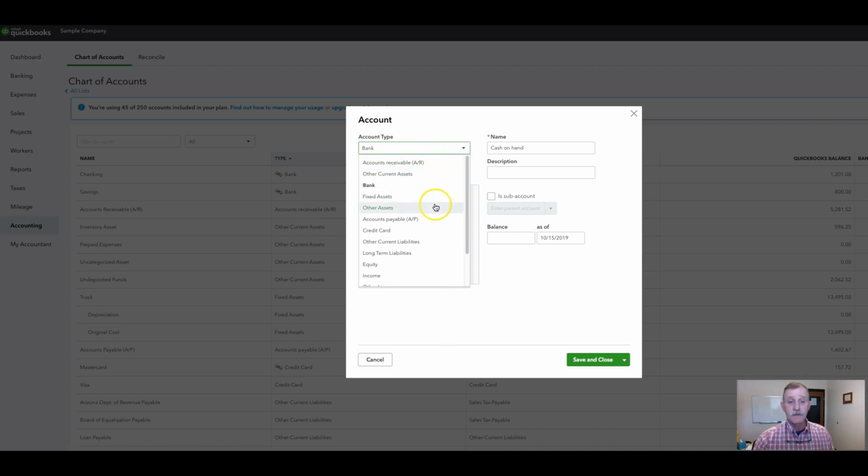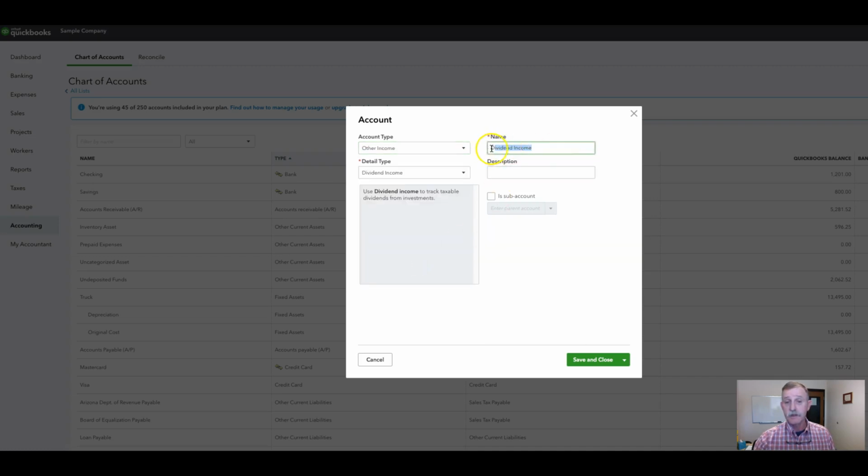And actually, what I'd like you to do for this one, we know it's going to be an income account, but since we're going to actually put your paychecks in here, this could be your work study, your day work. You may have several part-time jobs that you could put in under other income, okay? And that's the way you would put this one in here. And then you want to actually put in there a name. And I want to keep track of all my paychecks all in one major account. So I'm going to call it paychecks, and I'm going to make that a